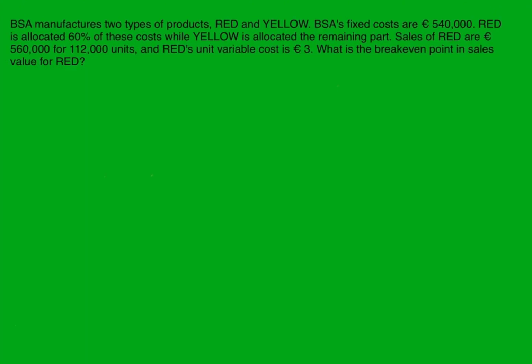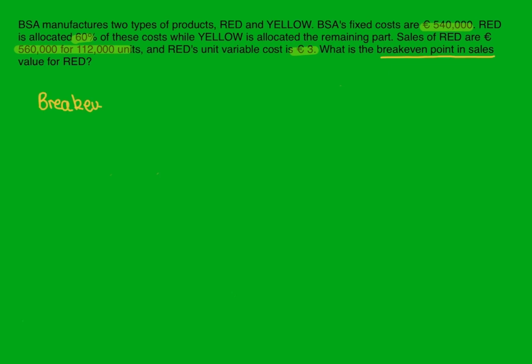Next question is, the BSA manufactures 2 types of products, red and yellow. BSA fixed costs are 540,000. Red is allocated 60% of those costs, while yellow is allocated the remaining part. Sales of red are 560,000 for 112,000 units, and the red's unit variable cost is 3. What is the break-even point in sales value for red? So, the break-even point